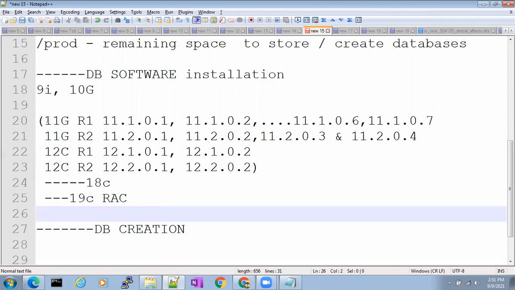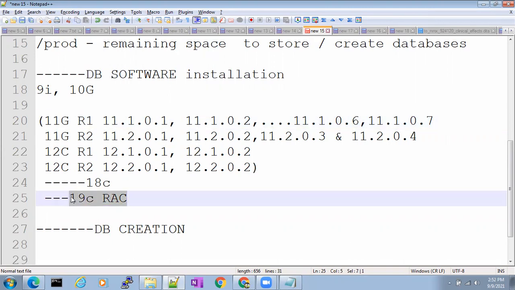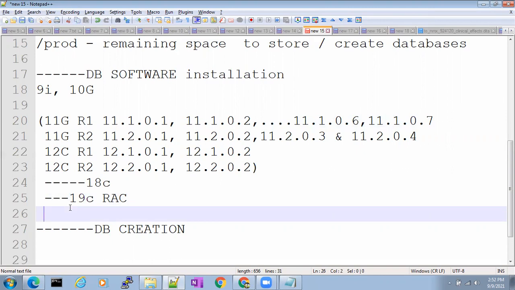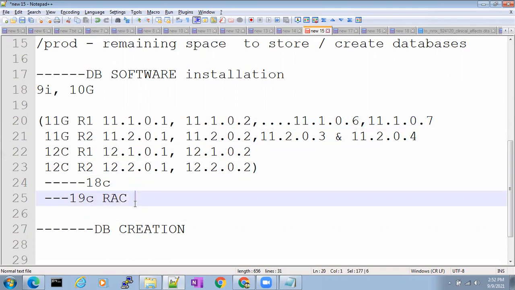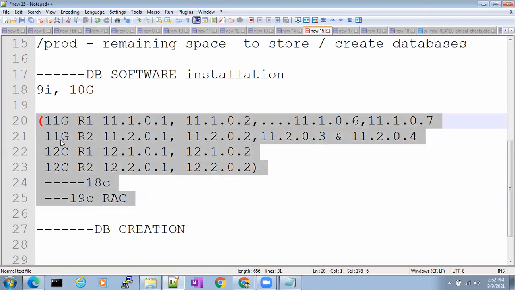So that's the reason I start with 11G release 1, and I end the course with 19C, in which all the versions will be covered. Simple logic. If you ask me what the additional features are, there are only a few, but it will cover everything, right?